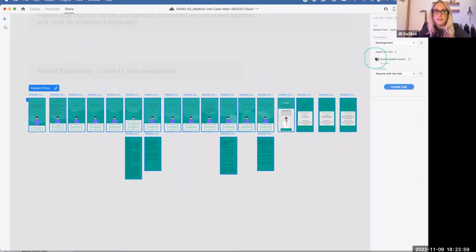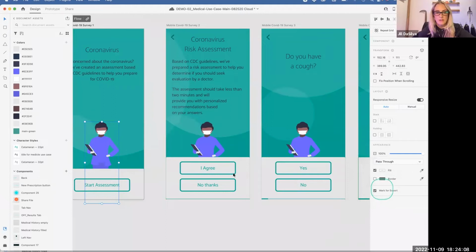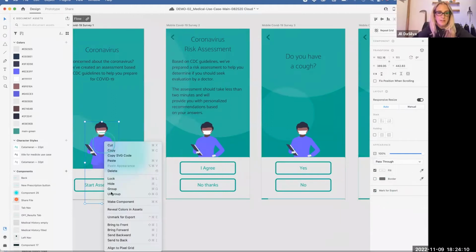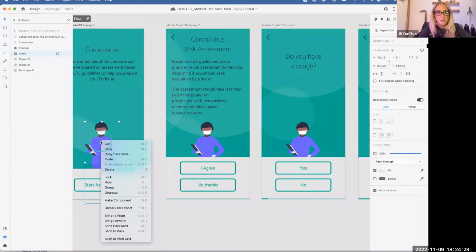So what I did in the design file is I came in and I selected this piece, oops, and I chose mark for export. Now there's a couple different places you can mark for export. I can also right click on this and mark for export, and I can also mark for export right here. There are 3 different places you can mark for export. And you could probably do it up here in the menu, I don't know. But I usually select it and choose the menu or in the layer structure,